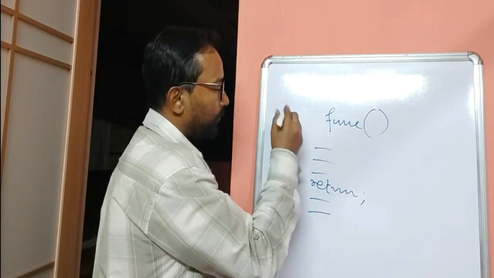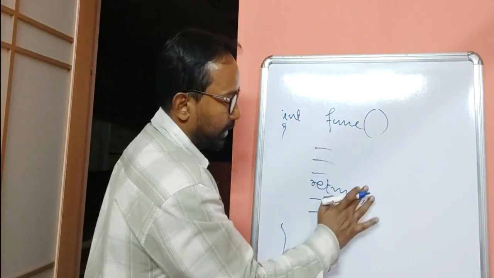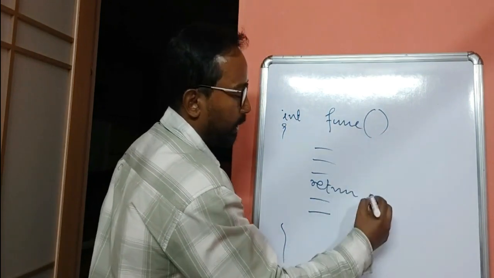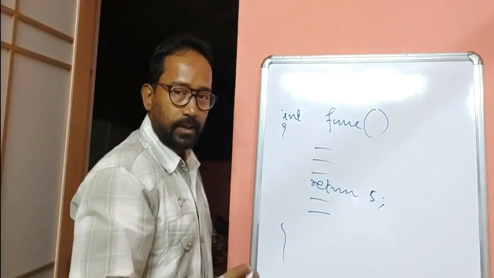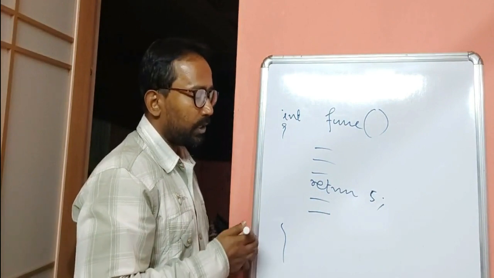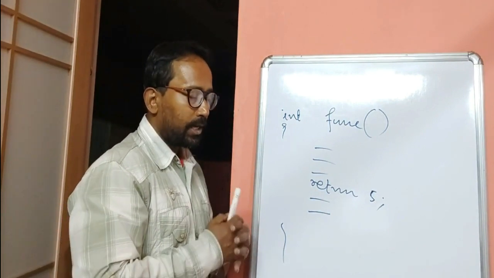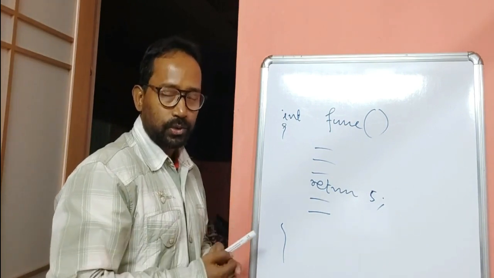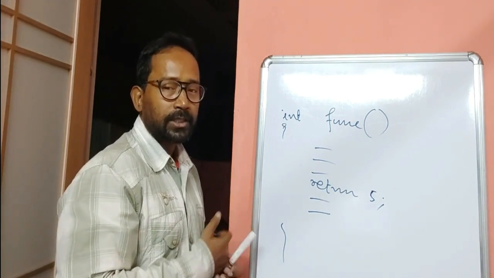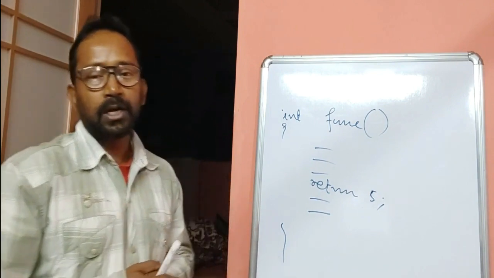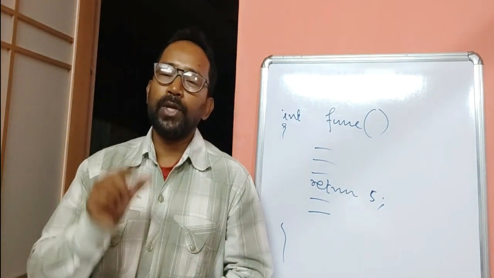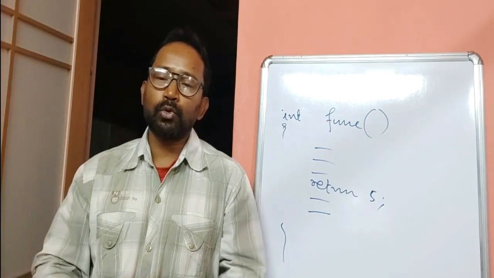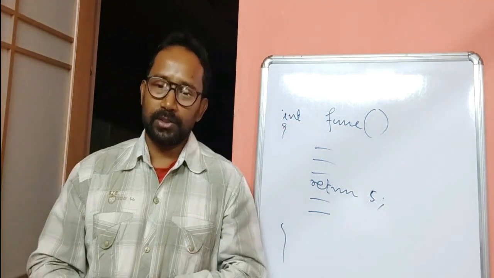But if it is non-void function like int function, so that time with return we have to give one integer value which will be returned to the caller like 5 or any variable's value. So that is the difference between return and return value. Return we can use in void function, which is not essential. We can use, may not use. If we use return statement, it will terminate the execution of the void function. But in case of returnable function, you have to write return statement with a value which need to be returned from the function. And that value's data type should be matched with the return type of the function.